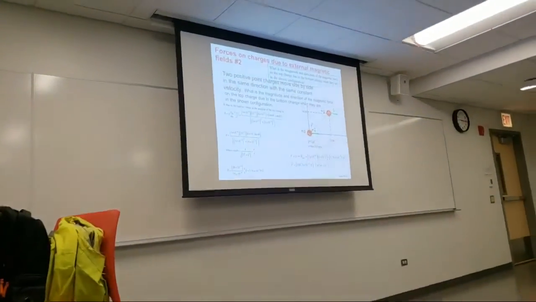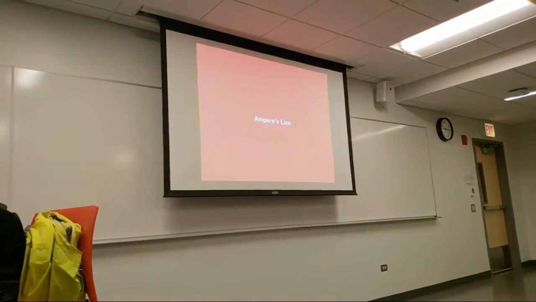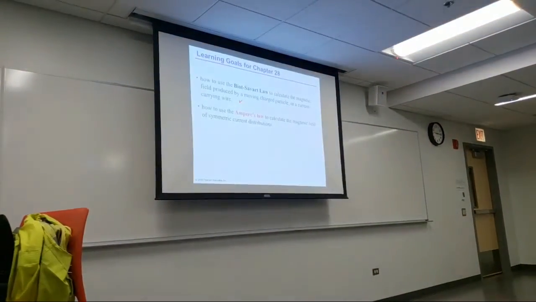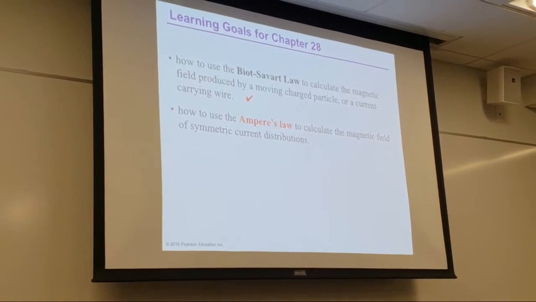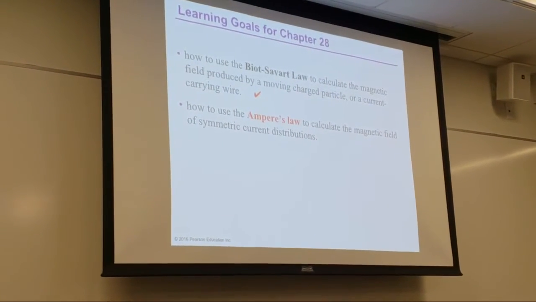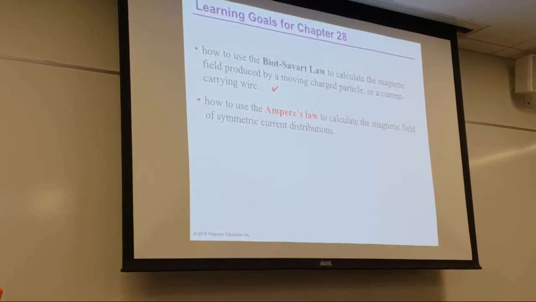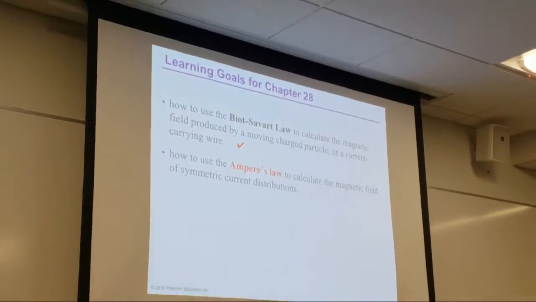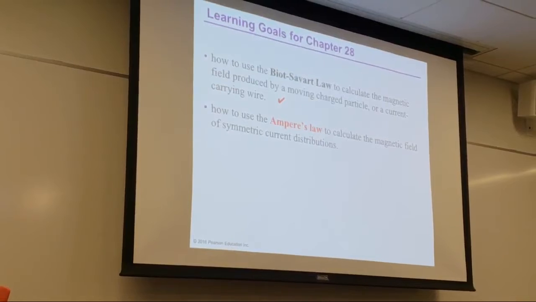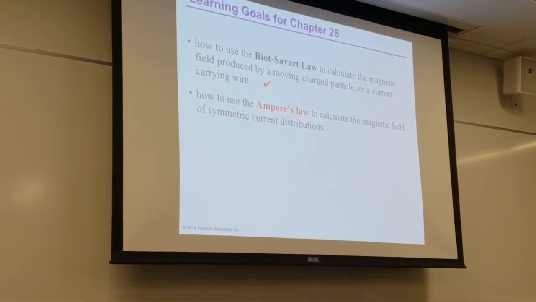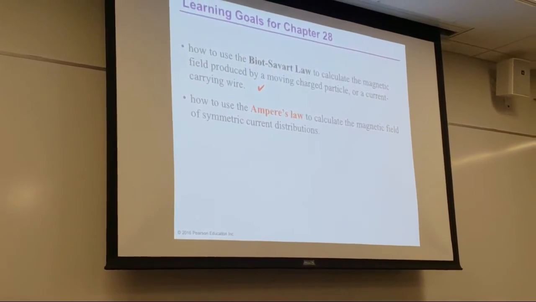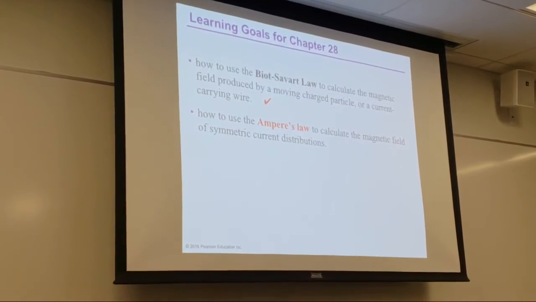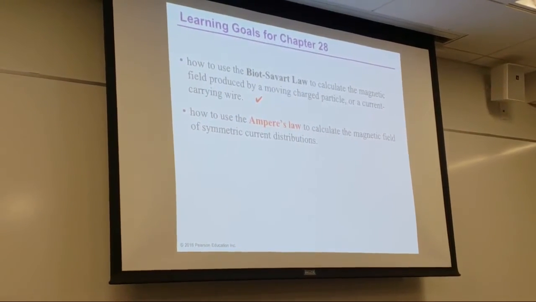Okay. All right, so now we go to the next topic, which is Ampere's law. How to use the Biot-Savart law to calculate magnetic fields, we already covered this. We can now calculate magnetic fields produced by moving charges or a current carrying wire. Now, we will use Ampere's law to calculate the magnetic field from symmetric current distributions. Something about these current distributions will allow us to do something neat mathematically to calculate the magnetic field without using